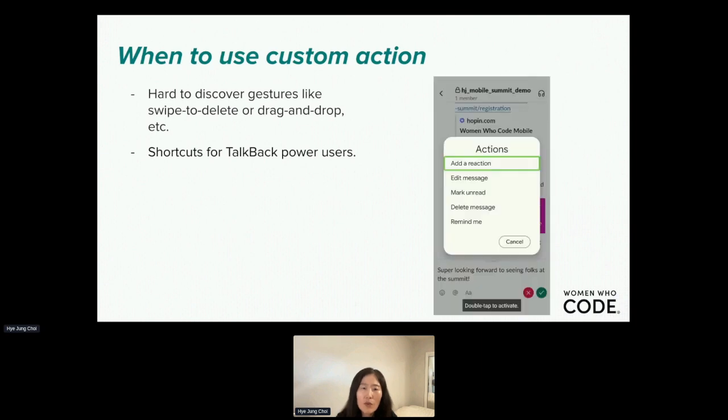So now we know how to open the context menu, and when do we need to use these custom actions? Hard-to-find gestures like swipe to delete or drag and drop are good candidates for custom actions. If you don't provide an alternative option for these gestures, a TalkBack user probably cannot know how to delete a message, because TalkBack won't announce that these types of special gestures are available by default, unless you ask TalkBack to announce